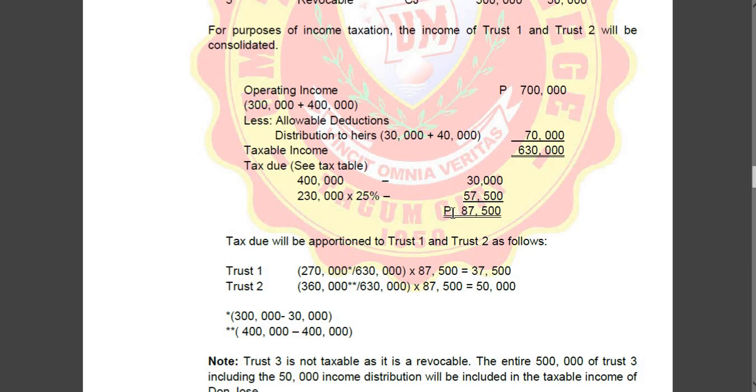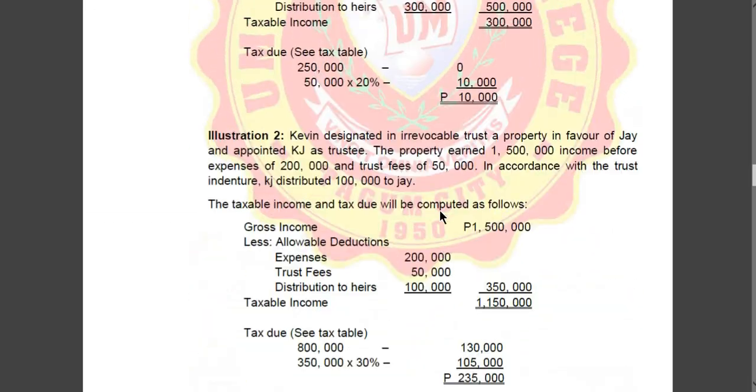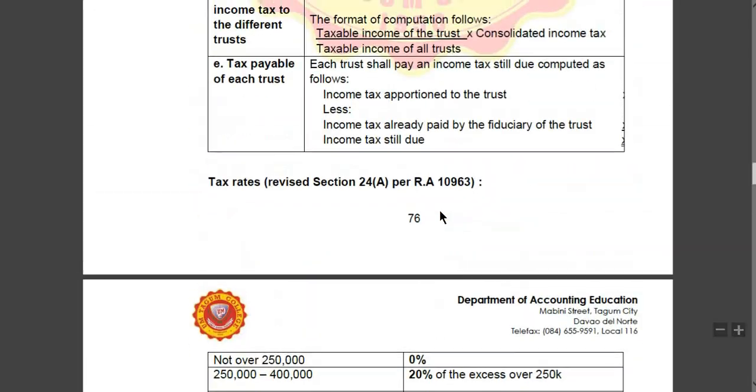The tax due as computed is 87,500 pesos. The 87,500 pesos is the consolidated income tax of all the trusts. Again, it has to be apportioned to Trust 1 and Trust 2. How to apportion? Let's go back to the